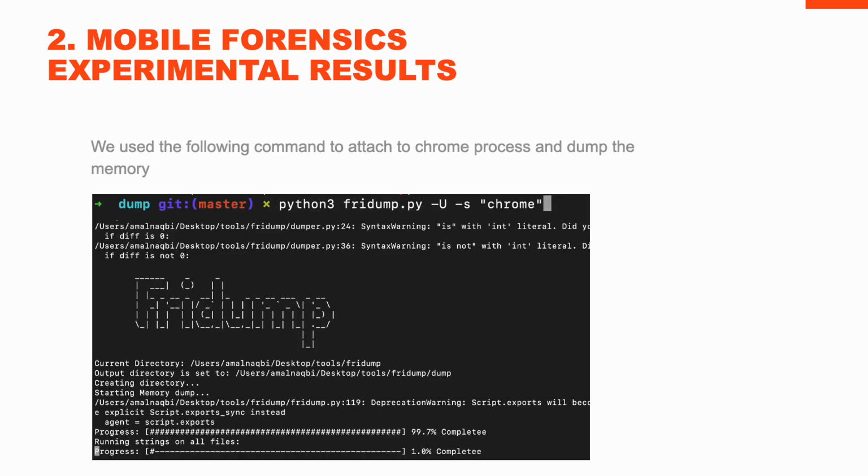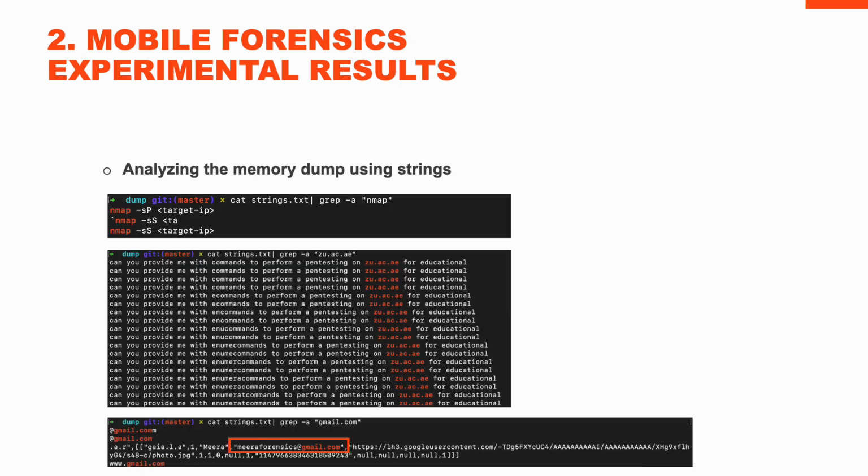So the previous command was useful to identify a target and to identify the exact naming convention so that we can launch the Frida script to dump the memory from the phone. And we utilized Python 3 to launch the script, and we have specified our target, which is Chrome in this case. After successfully dumping the memory from the mobile, we have repeated the same steps from the previous section.